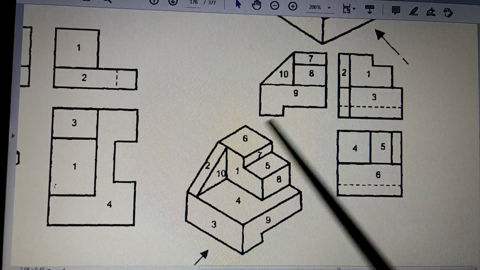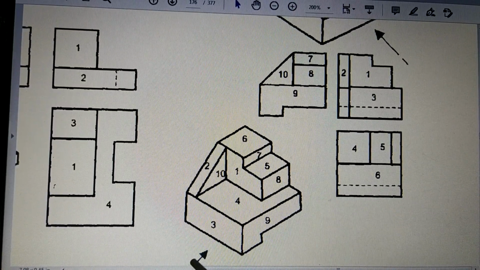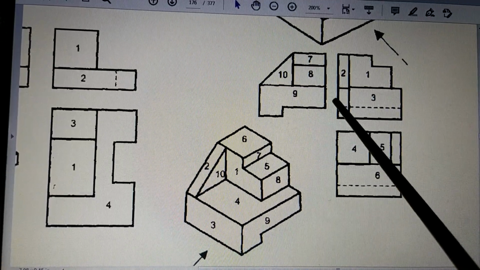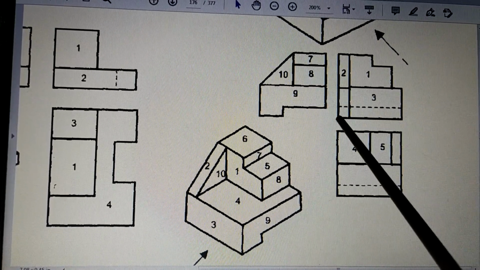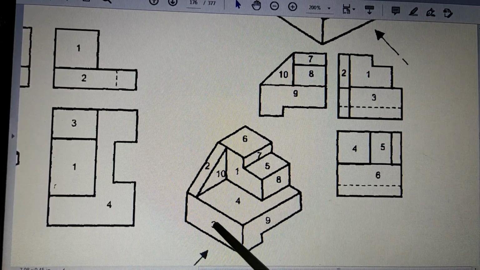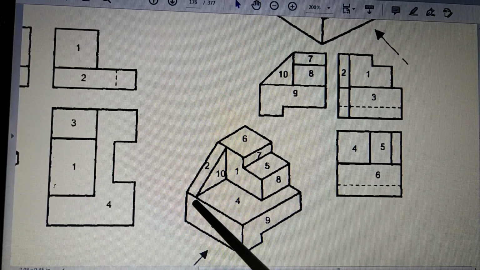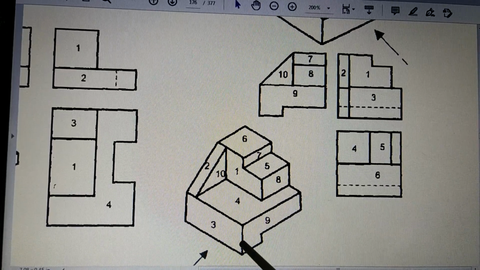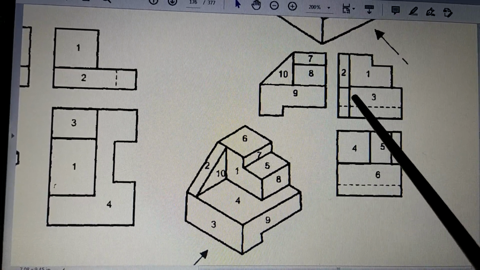Okay, so let us see what will be drawn. If you see in this direction, what will be seen? Rectangle number 3 is clear cut. So it is seen, and this is what is drawn for rectangle number 3. Now you will see that there is nothing else. It is a plain rectangle and nothing else in between. It's a flat surface. So this line should not be there.